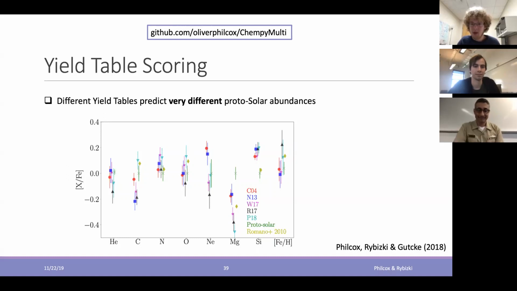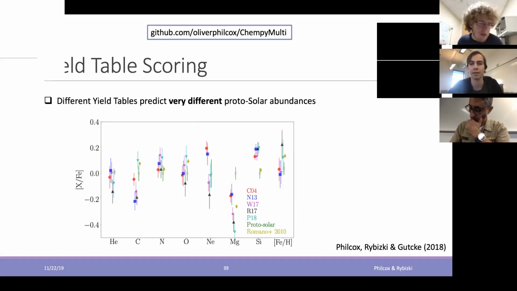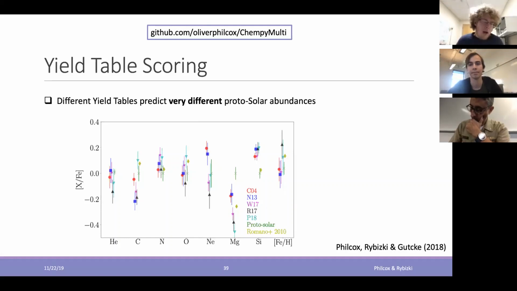Right, any final questions? I guess I have one final question for Oliver. You were assuming in this work a 20% uncertainty on age. Do you have a sense that, if you had completely uninformative age priors, this technique would still be doable, or do you run into some problems? Yeah, I think we did play around with this a little bit. There is dependence, and the parameter constraints certainly get worse the less you know about the ages, as you would expect.